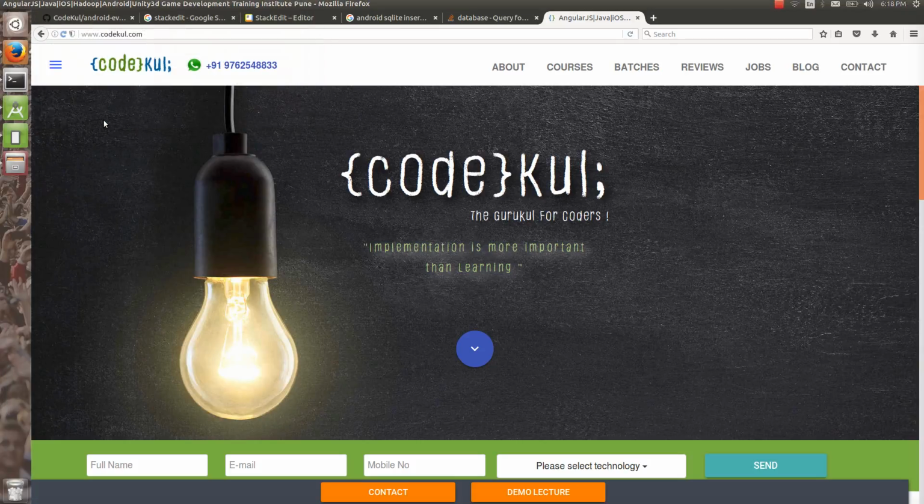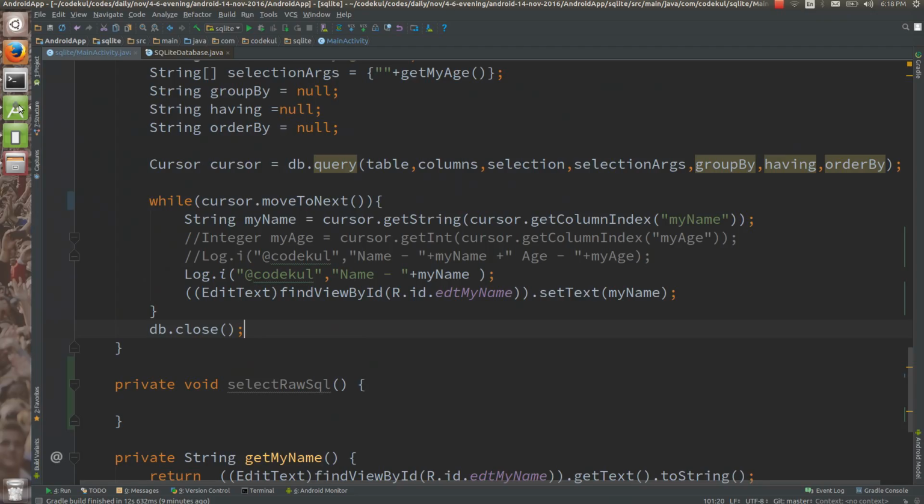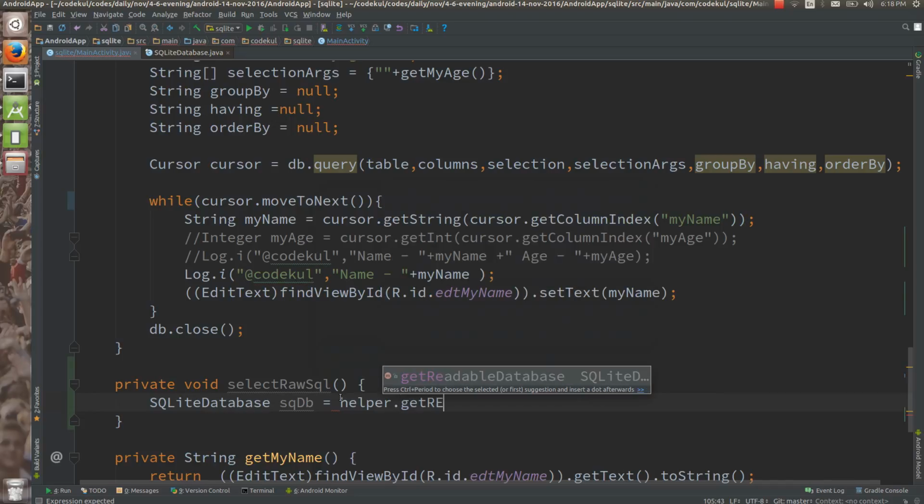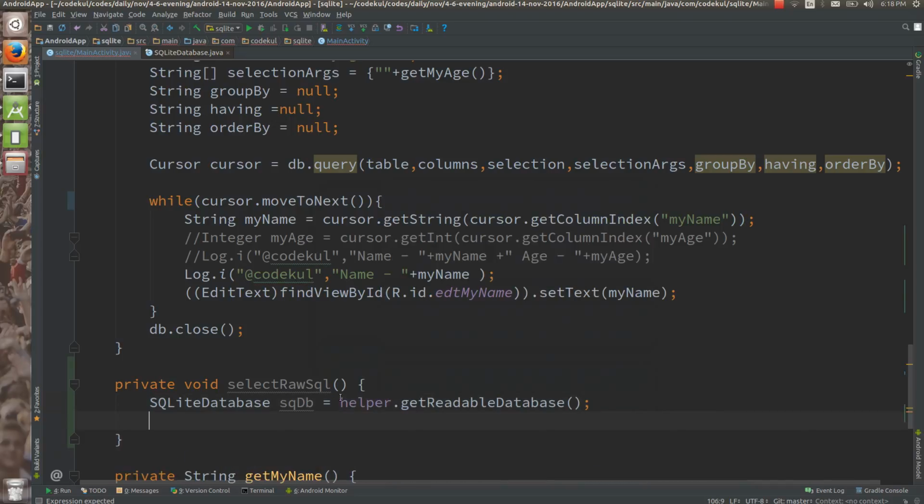Okay, now let us see how raw SQLs work. How raw SQLs are going to work. So what I'm going to do is, first select. We are going to have SQLiteDatabase sqdb equals helper dot getReadableDatabase, fine, and then say